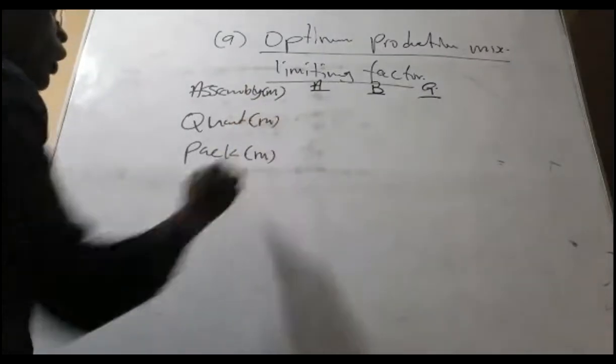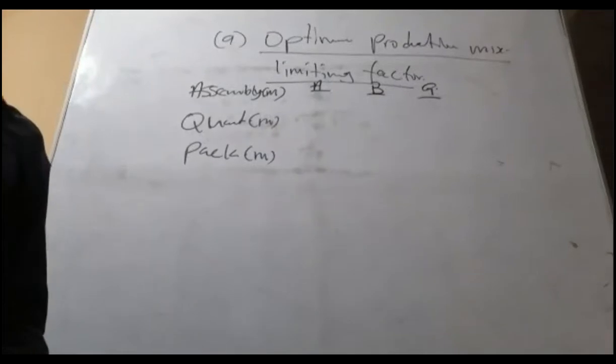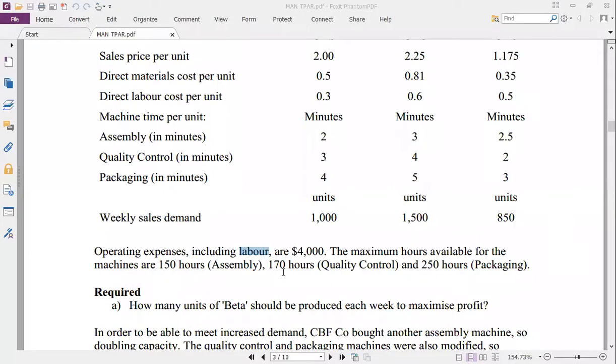Minutes. We are working in minutes. Why minutes? Because the minutes are more than the hours. And converting minutes to hours will involve some decimals. But converting hours to minutes, no decimals. Great. Now what you do is this. Let me ask this question. If each unit of alpha, you need 2 minutes of assemble time, 2 minutes. Now the demand is 1,000. So if you want to produce all the 1,000,